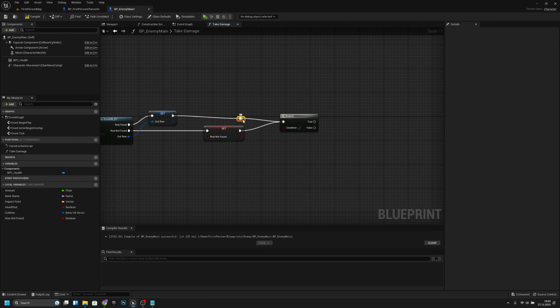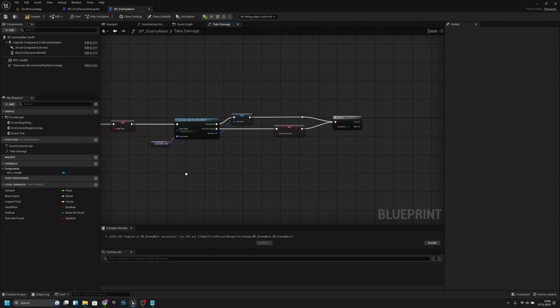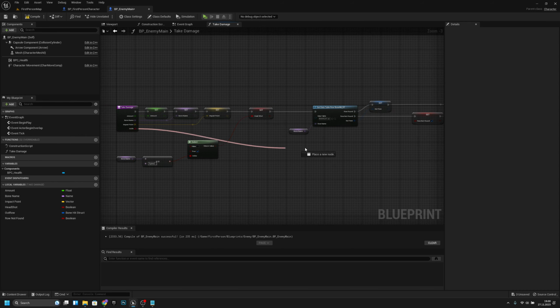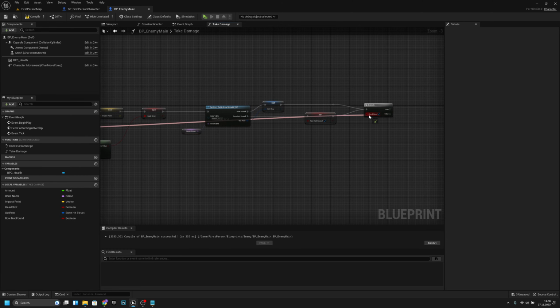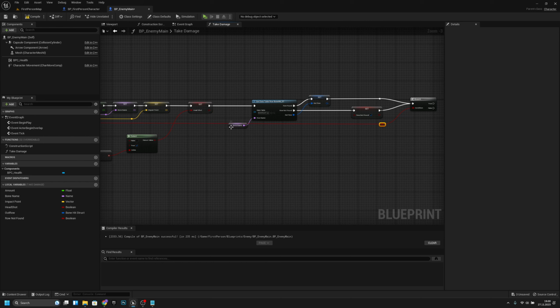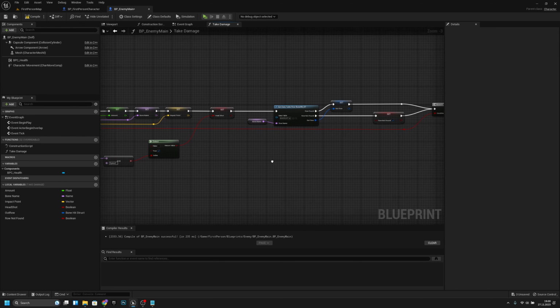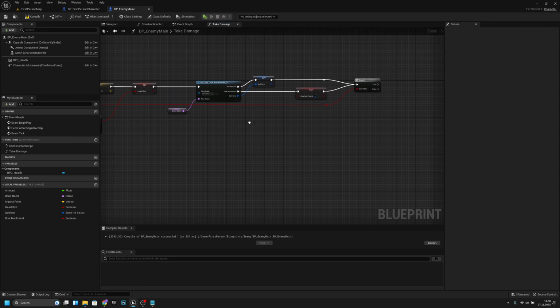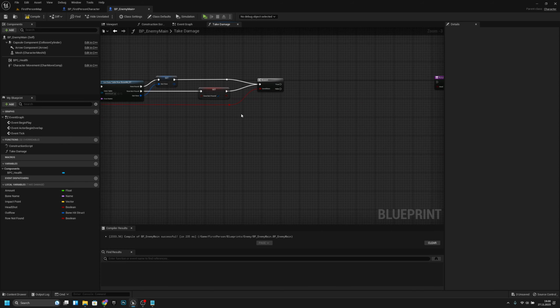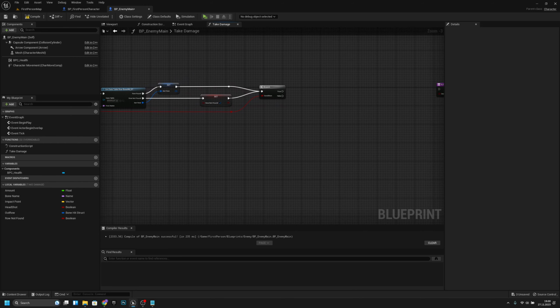And I will add a reroute to here. So now it's better. And then this condition should be this knife from here. Let's connect this knife to the condition of the branch. And I will add a reroute once again. Actually, let's put it there and let's move this bone name to here. Okay, now it looks pretty okay. Or actually, I will move it to here. I don't know why. But yeah, after that, we want to